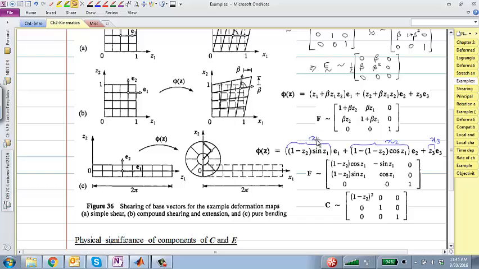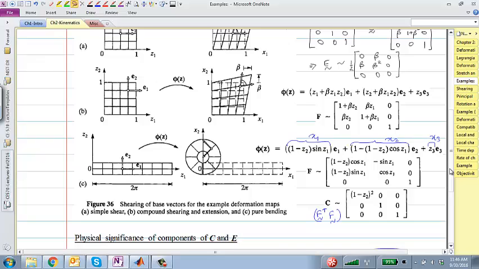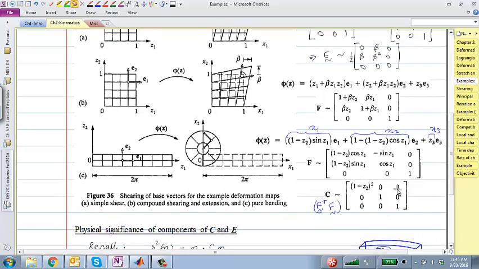If you take the derivative of x1 with z1, you get the first term. Derivative of x1 with z2, this term. And with z3, it doesn't depend upon z3, and so on. We did those types of derivatives. So we can calculate F, which again is a tensor field that depends upon z. So again, it is not constant everywhere, right? And if you calculate F transpose F, that is the C tensor. All you do is take the transpose of this, multiply, matrix multiplication with the components of F. You get this C